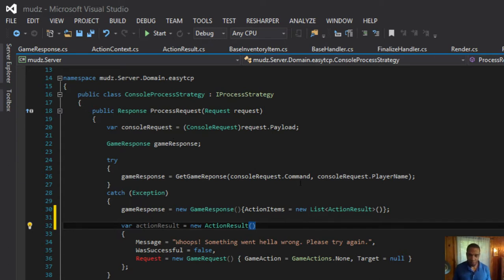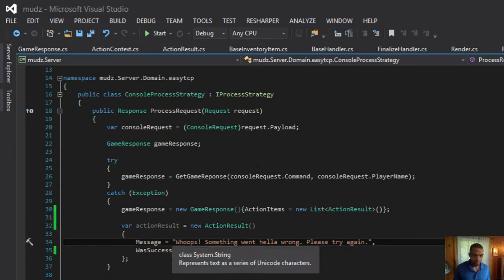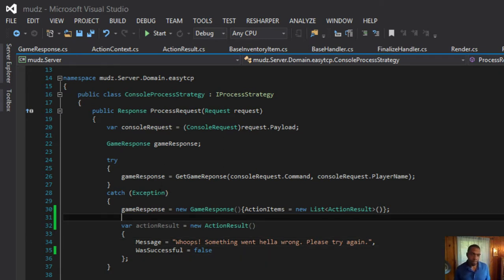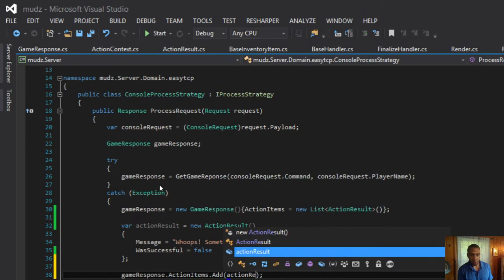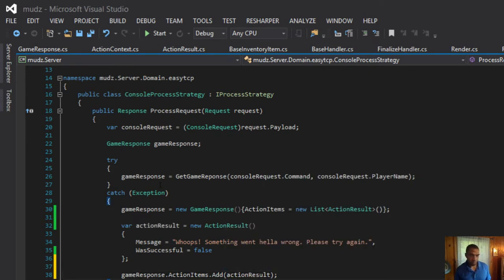We don't need the request. Alright, so this is how it looks right now, kind of broken up. We do a game response dot action items dot add action result. Cool.